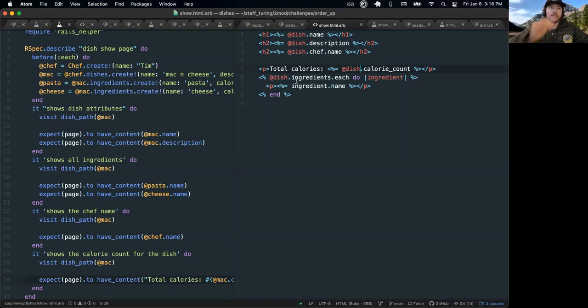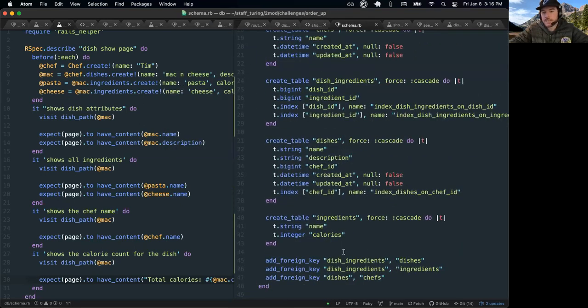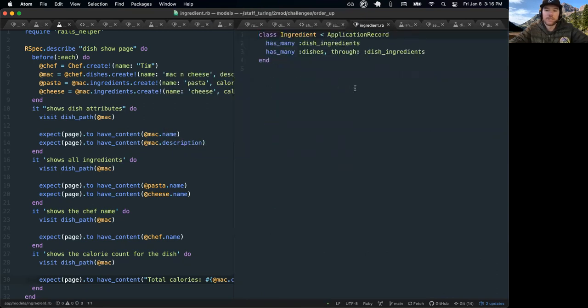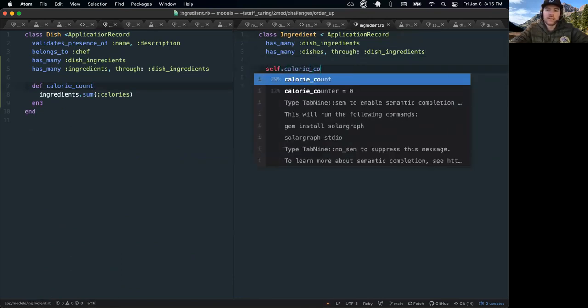Yeah, the main idea is encapsulation, right? The calories are a column on the ingredients table. So following the principles of encapsulation, if I sum calories on the ingredient class instead of the dish, so let's just bring them up. If I was doing this over here and I had this,